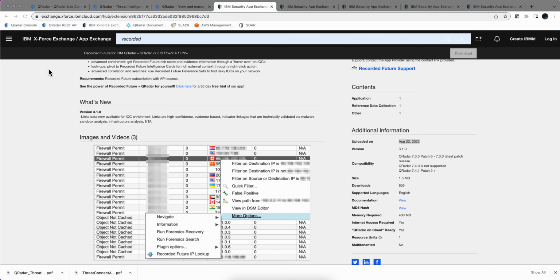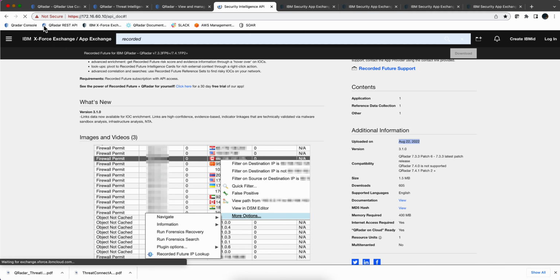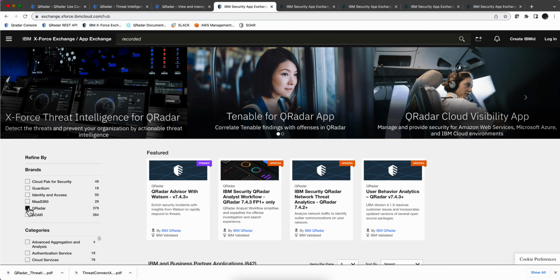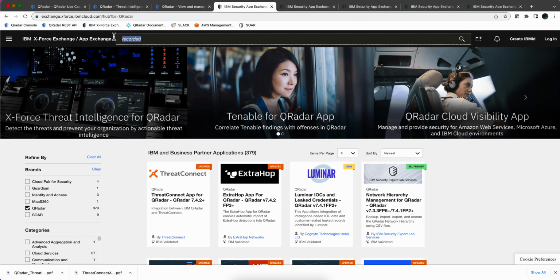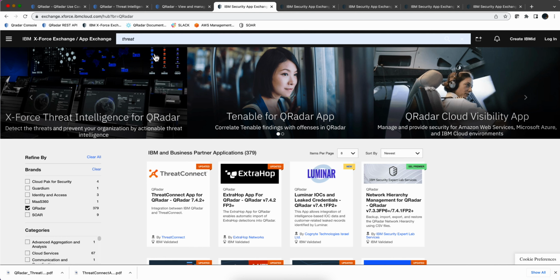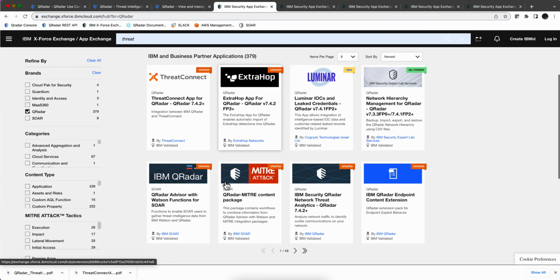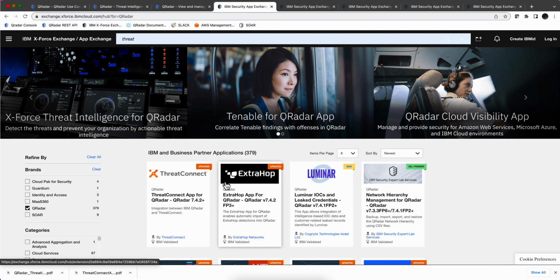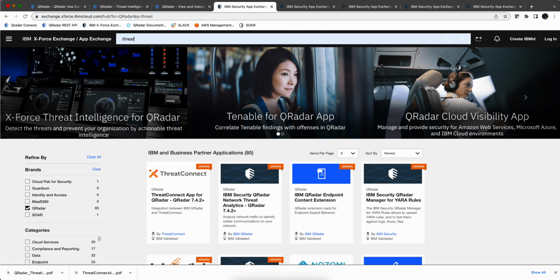They also have searches, and they also have the capability of doing lookups, which is what is showing in here. You can right click on an IP address and make the API call into Recorded Future. In fact, if we go into the App Exchange and look in here for threats, you're going to find that from 379 apps in the App Exchange, we get 85 apps